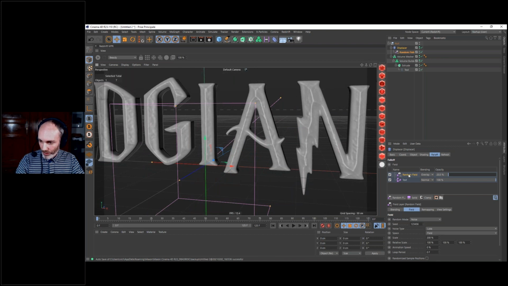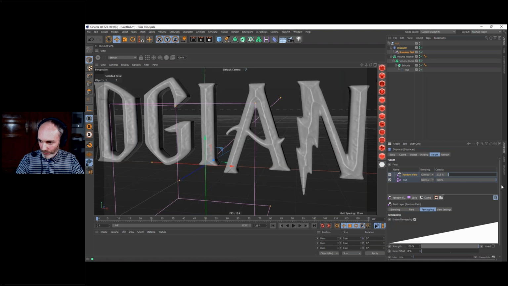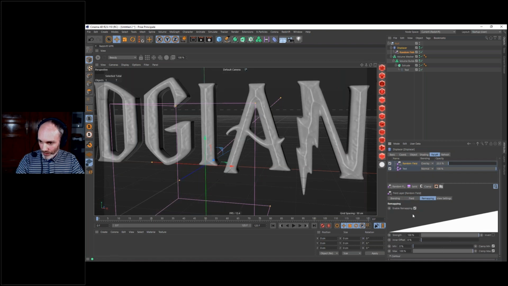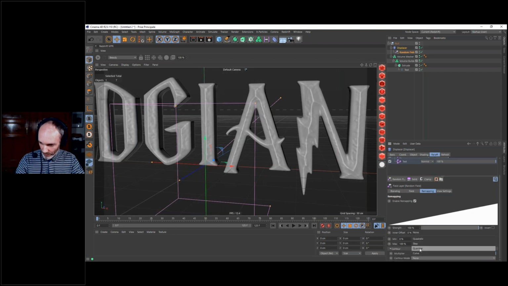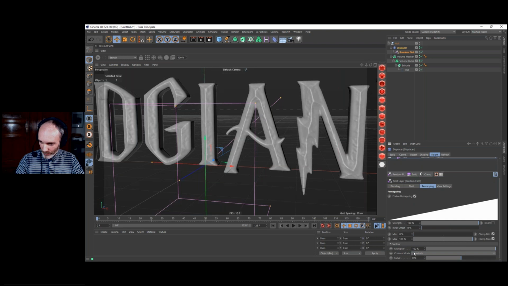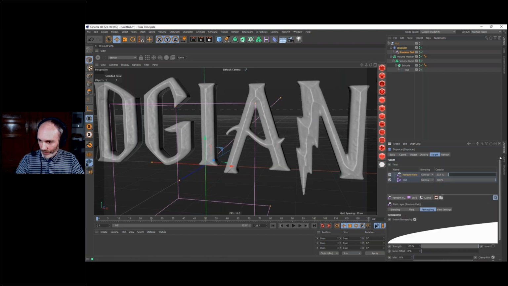So I'm here on the random field, going to the remapping and working here on the remapping. So this is a remapping of the noise from the black to the white. So this is linear. And I could change here the contour to, for example, quadratic. And if I increase the curve, it's going to change the aspect of our noise. As you can see, it's going to reduce, to have more of the noises visible. So it's not that obvious.